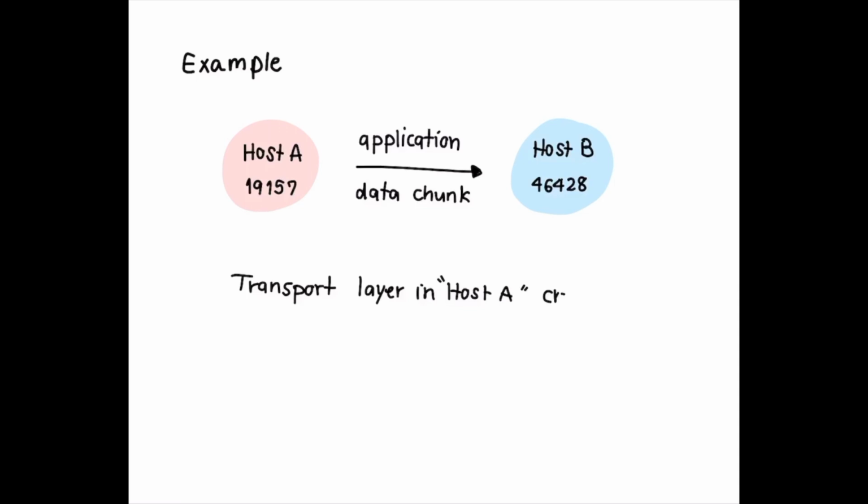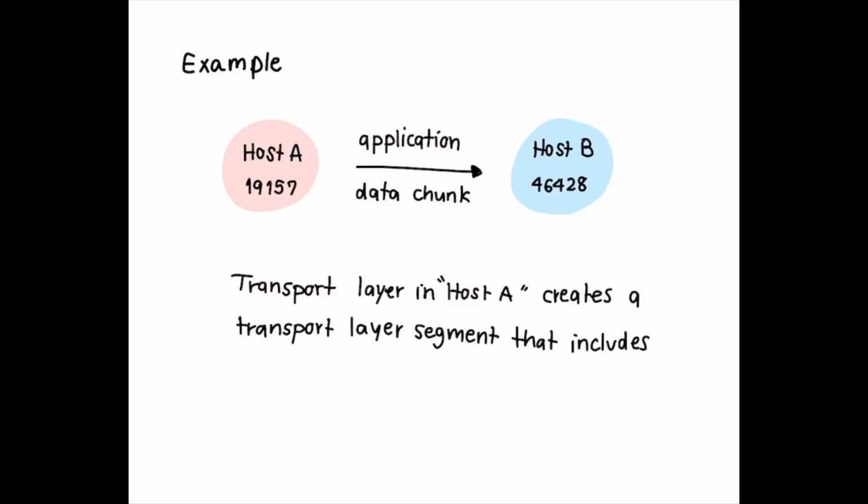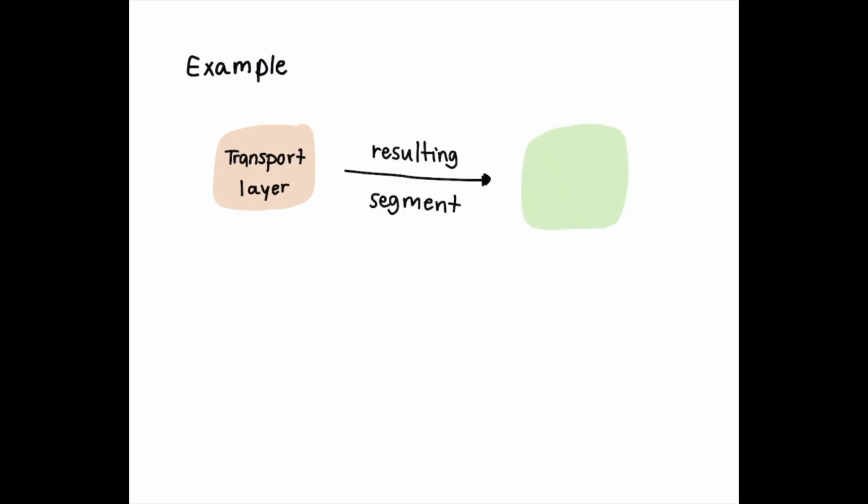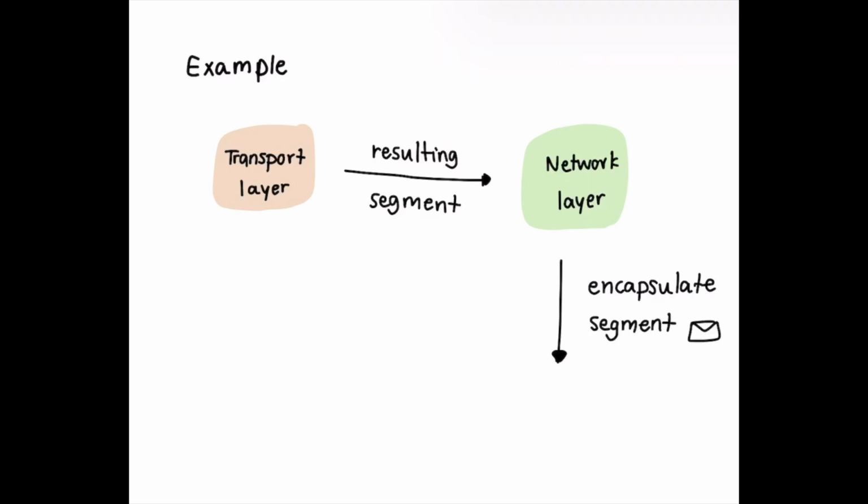The transport layer in host A then creates a transport layer segment that includes application data with the source port number 19157 and the destination port number 46428. The transport layer then passes the resulting segment to the network layer. The network layer encapsulates the segment into an IP datagram, then makes a best effort attempt to deliver the segment to